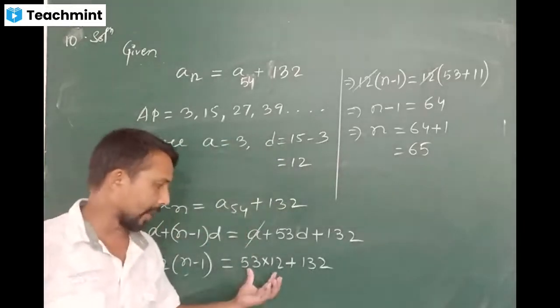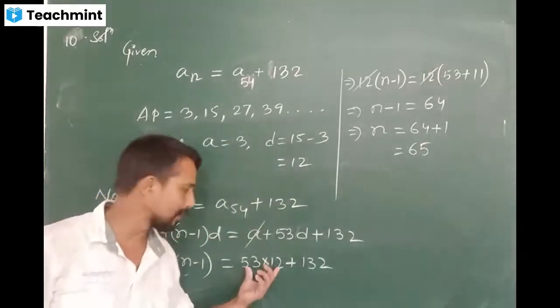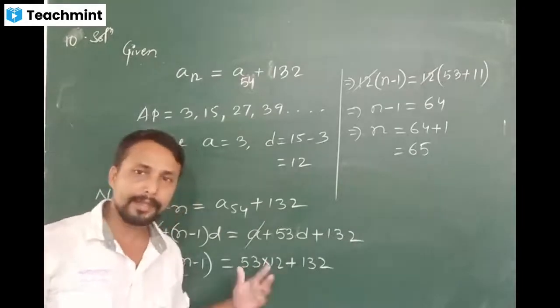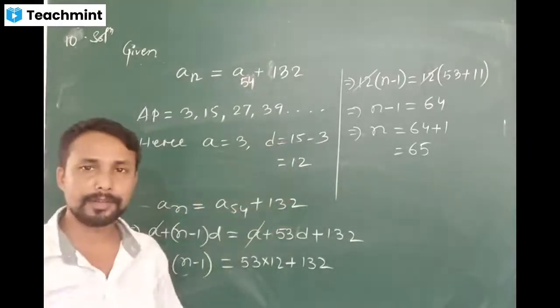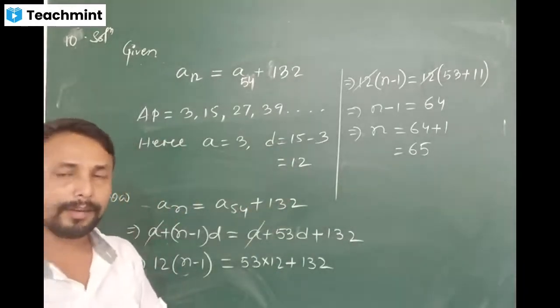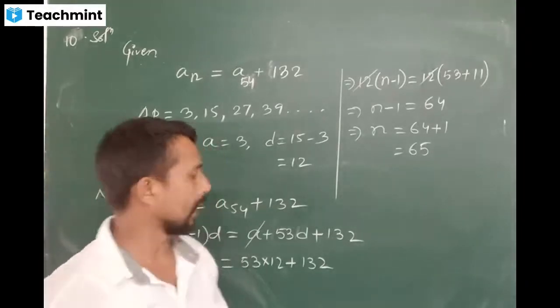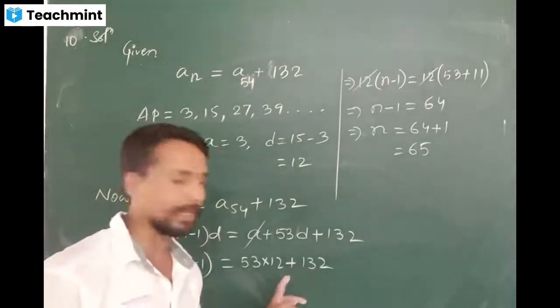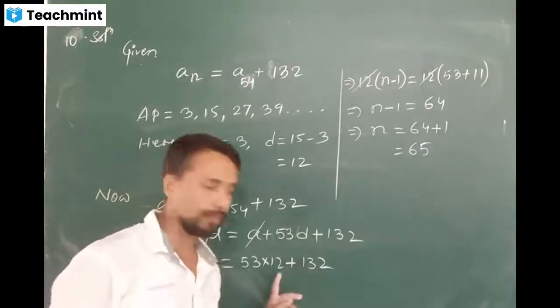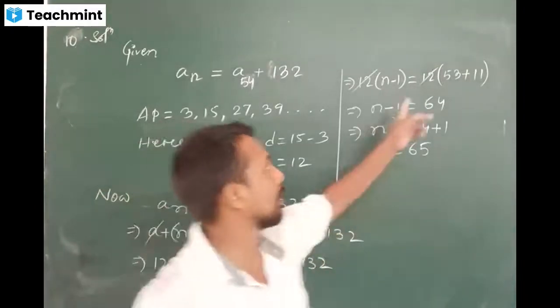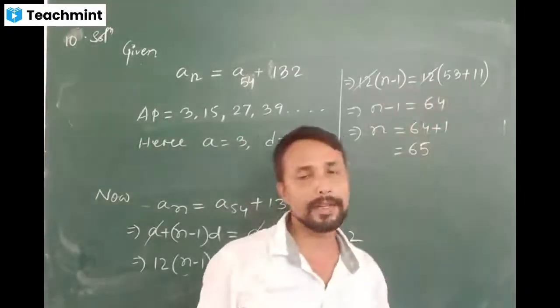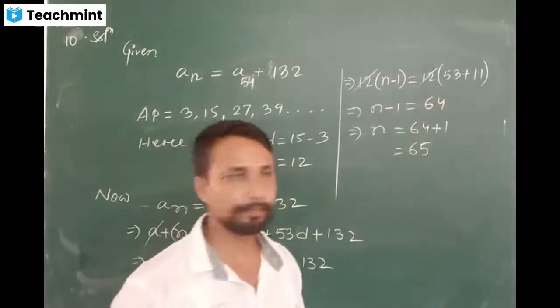Here, if you multiply, then you will get a multiplication value of these two. You have to add again, then you have to divide by 12. This will be 1 or 2 steps longer, but when you take the common factor from these two, since 132 is a multiple of 12, both sides you can take the common as like this. It can be reduced in one step.